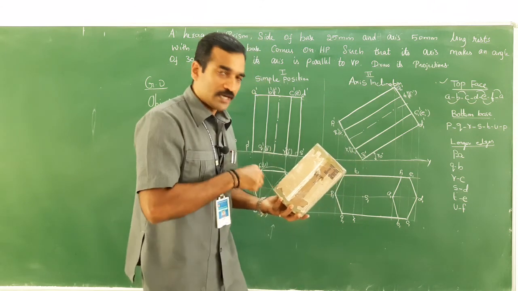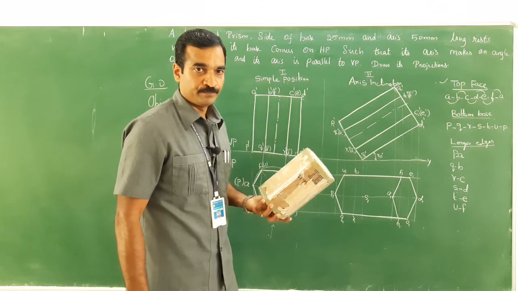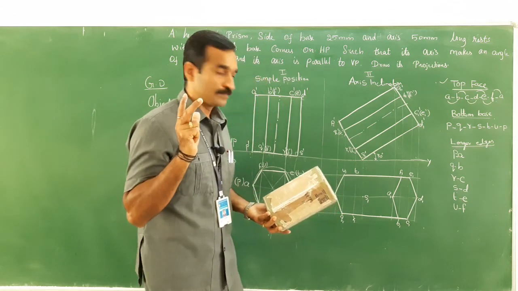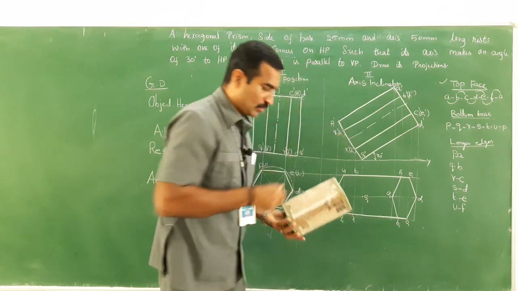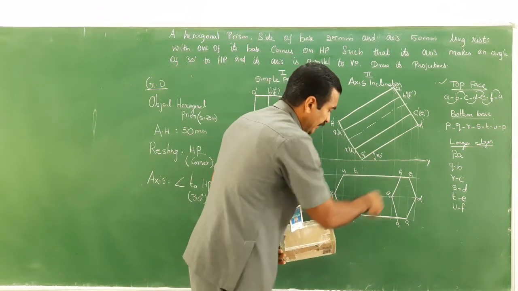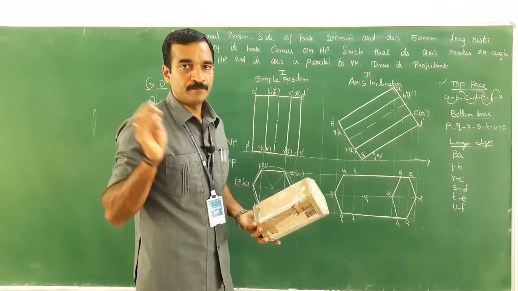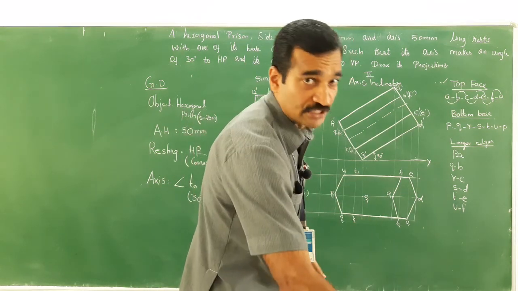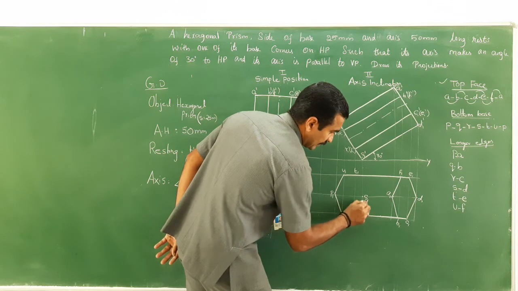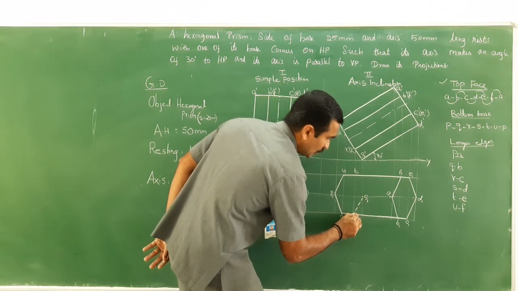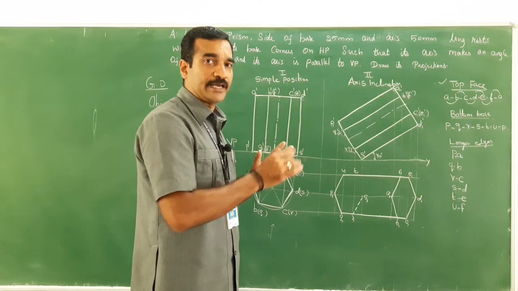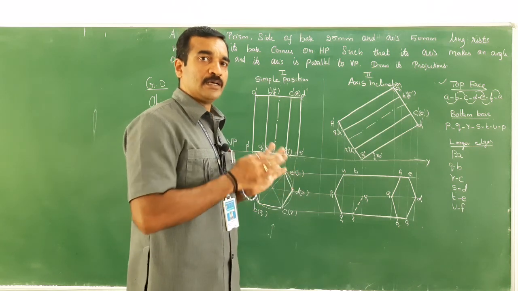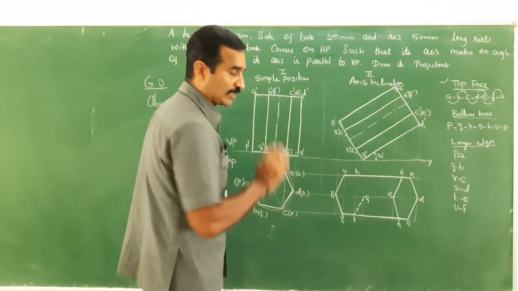Let me draw the bottom base here. Look at here. When I look at it from the top, I could see only 3 points, right? What are they? P, U, Q are visible. By connecting the boundary, R and T would be visible, right? When I look at it from here, all the rest of the corners are invisible. Therefore, this needs to be captured with a dotted line. So invisible things need to be captured in dotted line. I have already taught you in the first unit, orthographic projection, right? Invisible edges or lines should be captured with dotted lines.